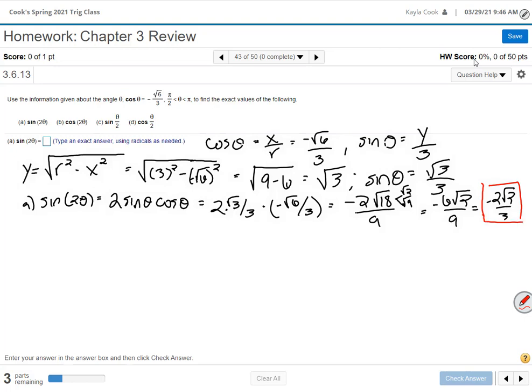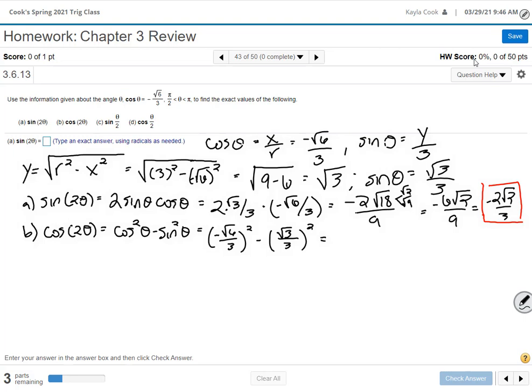Alright, so that's the first answer for part A. For part B, we have cosine of 2 theta is cosine squared theta minus sine squared theta. Alright, so now we just need to plug in cosine and sine. So that is negative root 6 over 3 squared minus root 3 over 3